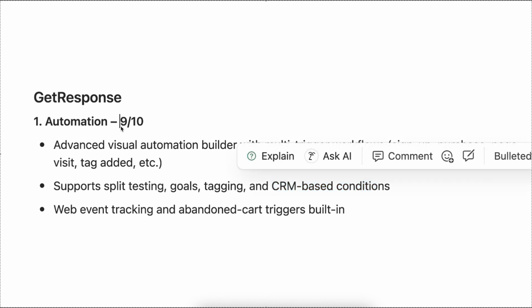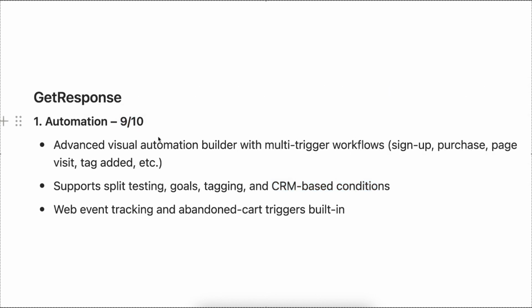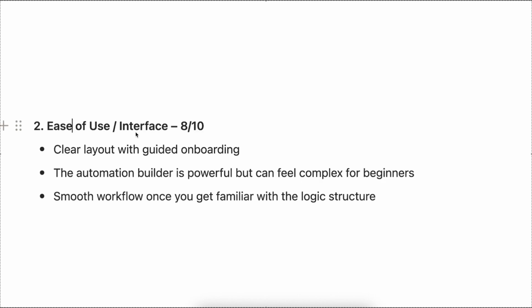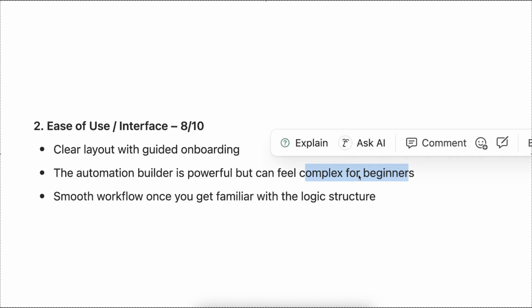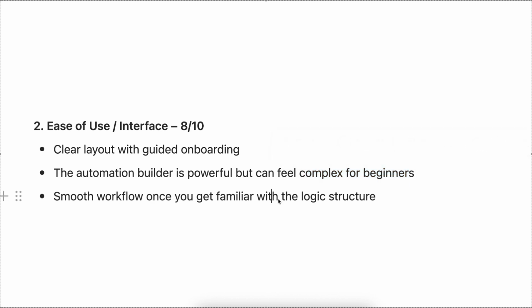So I will give it 9 out of 10. I would say it's one of the stronger tools when it comes to automations in email marketing. When it comes to ease of use and interface, it's a very clear layout with guided onboarding. However, Automation Builder, because it's pretty powerful, does feel a little bit complex for beginners. But once you get used to it, it's honestly not that difficult, so I'll give it an 8